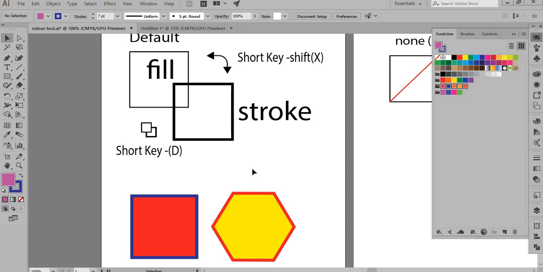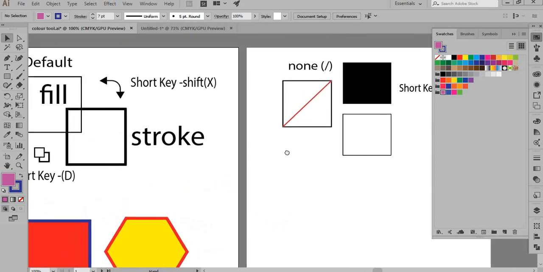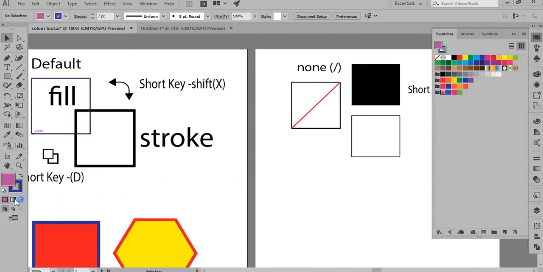And there is another thing that I want to talk about. There are times when you're working on Illustrator, on your flats, you don't want a stroke, you want a blank stroke, or you want no fill. So here is something I have here, and what you can see at the bottom also. This is a very important key. This is the none key, with the / key as the shortcut, and you can see it on the keyboard.